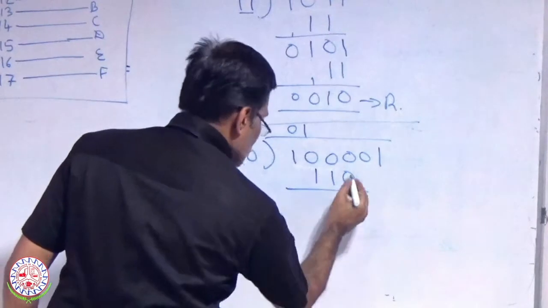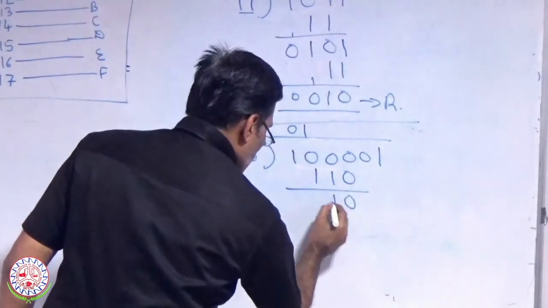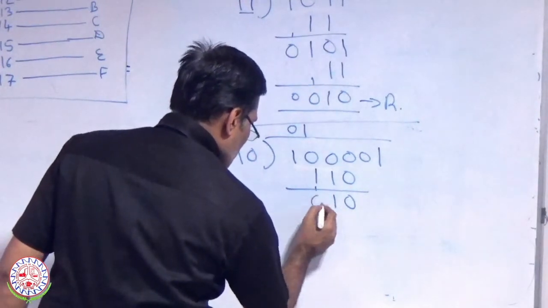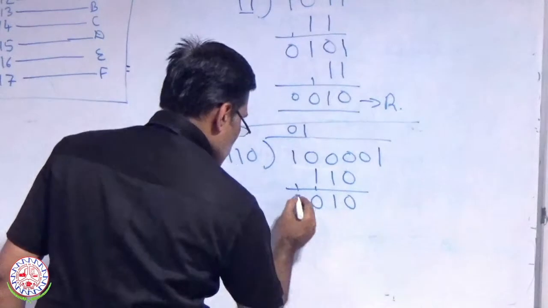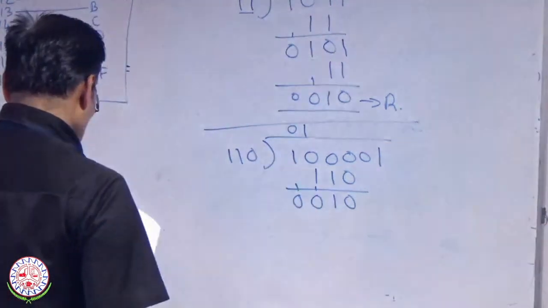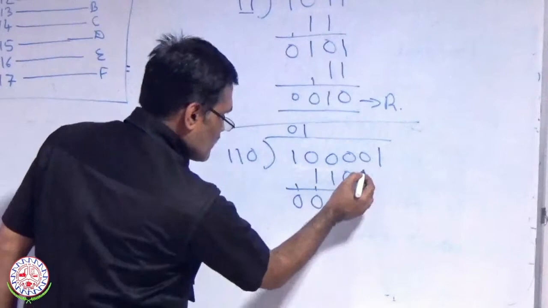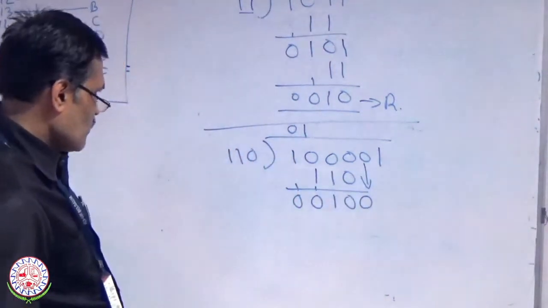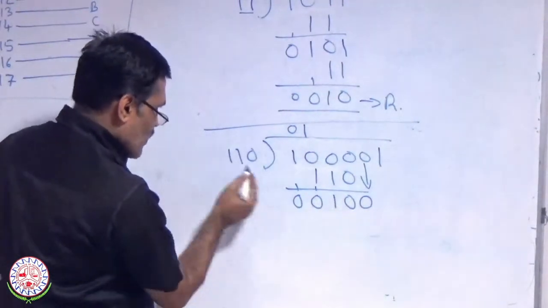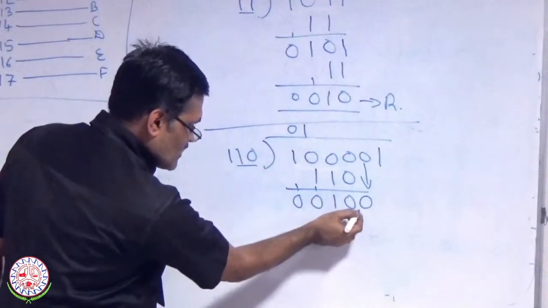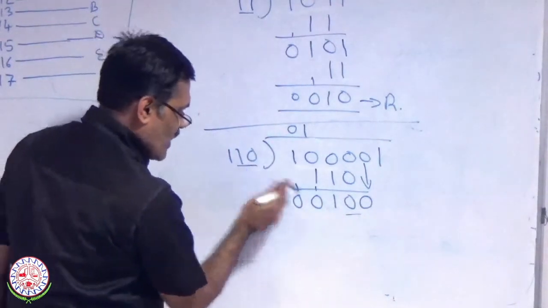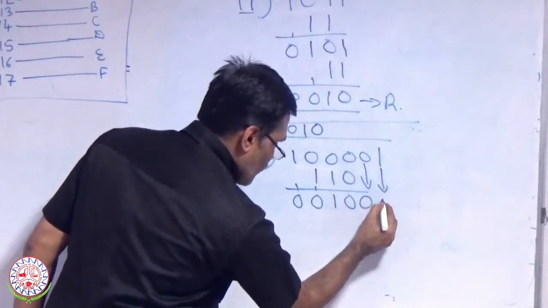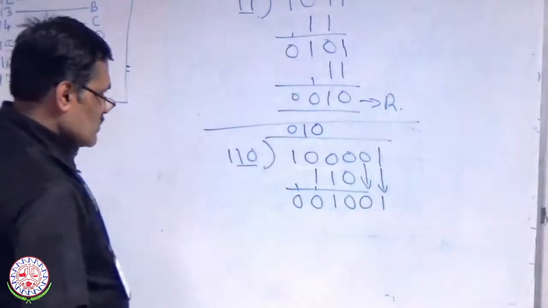So let us perform the subtraction. 0, this is 1, this is 1, borrow is 1 here. So again 2 minus 2 is 0, borrow is 1, 0. Okay. So this is what the thing is. Now I will take this down after completion of this. Now it has become 0. 1 0 0. So again if you consider this, it is lesser than this one. So I will add one more 0 here and I will take this also down. Okay. So now I can divide.